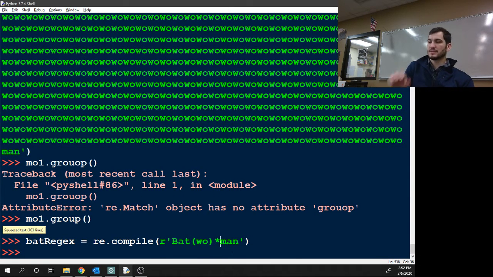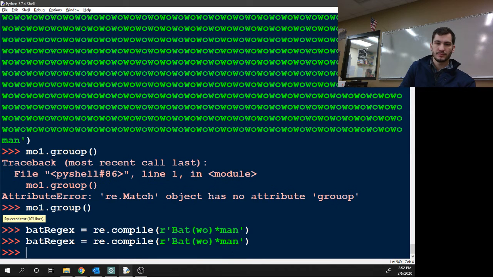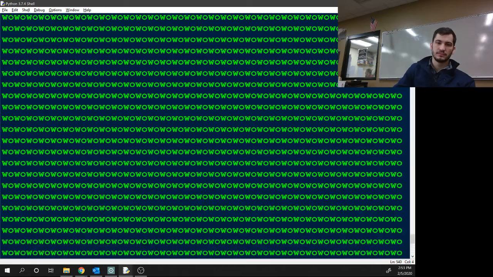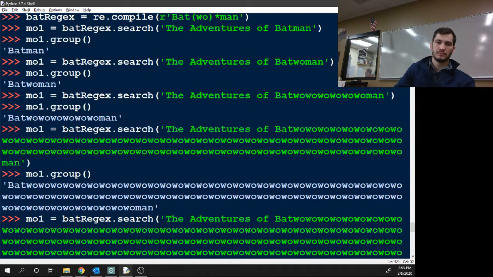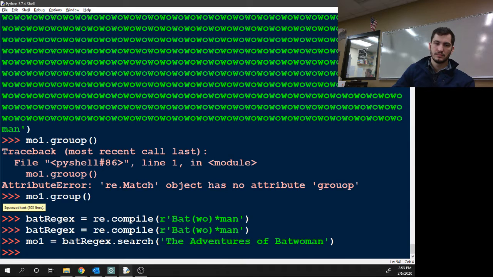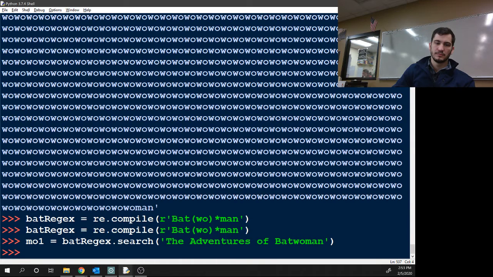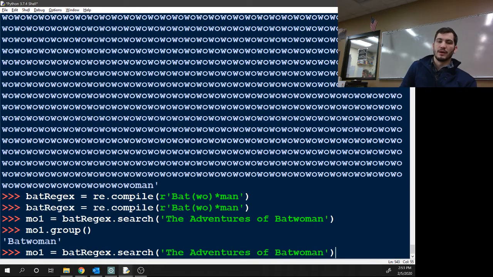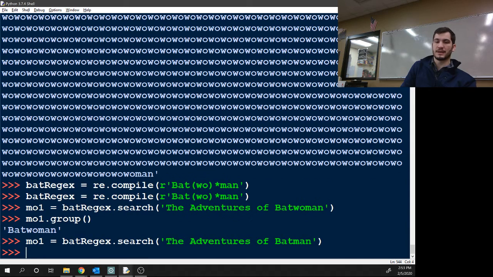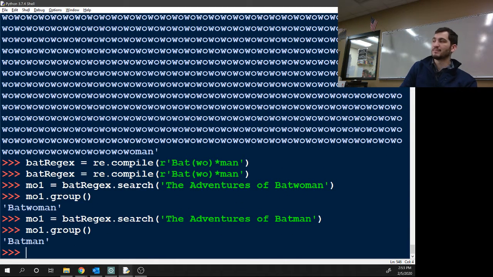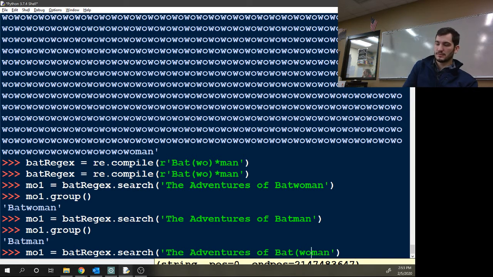So, a plus is 1 or more. So before, when we had a star, what happens if you click on the squeeze text? Bam. So when we have the star, we can get rid of the woe and have Batman. If we have this with a plus,